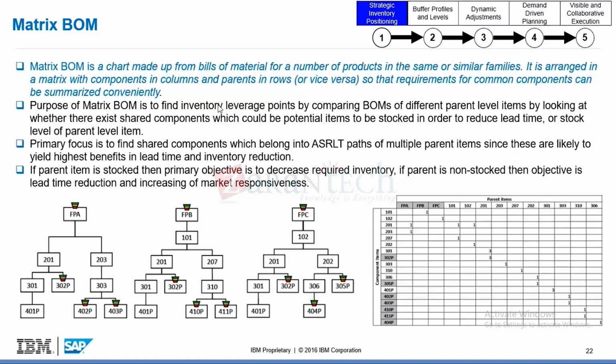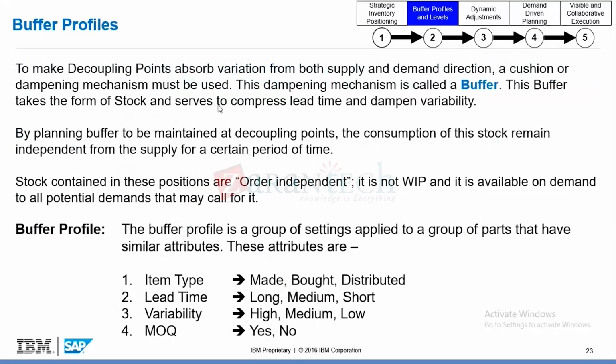Now, if the parent material is to be stocked, then our objective is to reduce the inventory. And if it is non-stock, then we have to reduce the lead time. Once we decide and identify the decoupling points based on this synchronized lead time calculation, then we have to make decoupling points. That is, we have to create the buffer zone width and we have to define buffer profiles